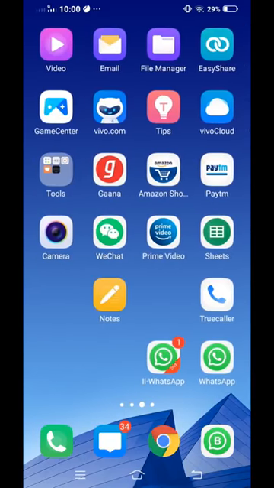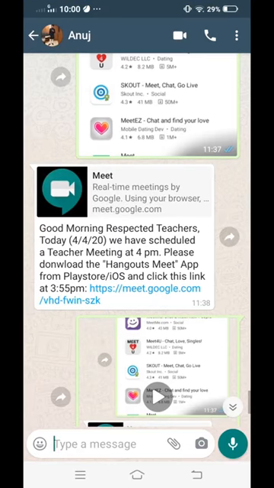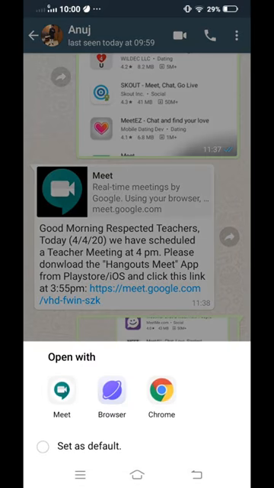Then on your WhatsApp you will be receiving a Google Hangouts Meet link. Before clicking the link, always make sure that the Hangouts Meet app is installed on your phone. Once you click the link, you will see 3 options. You have to open this link with Meet.